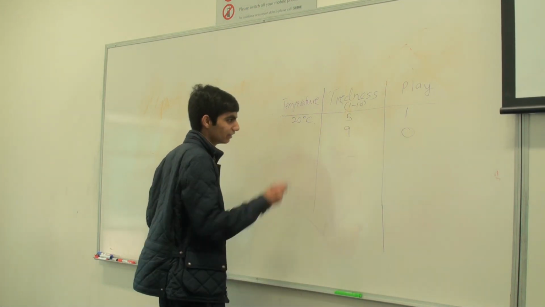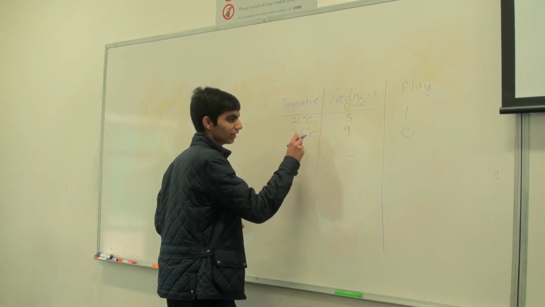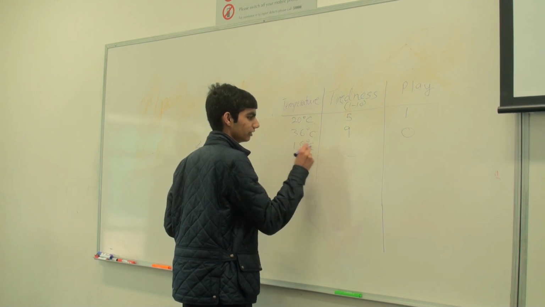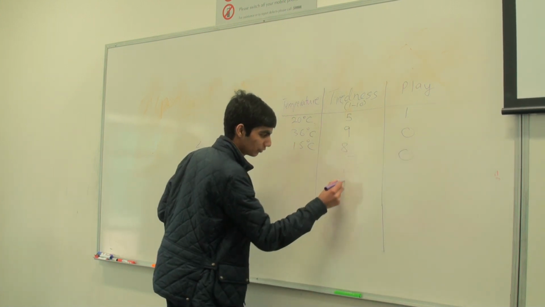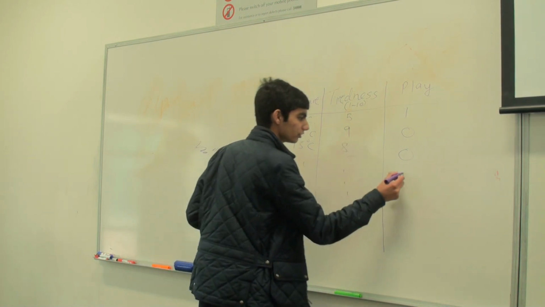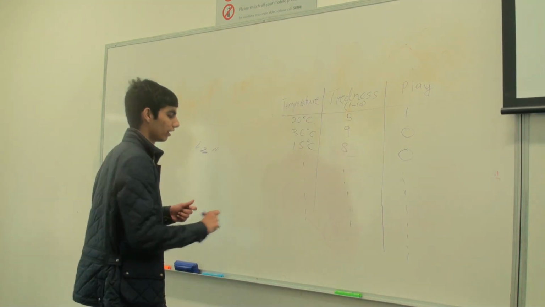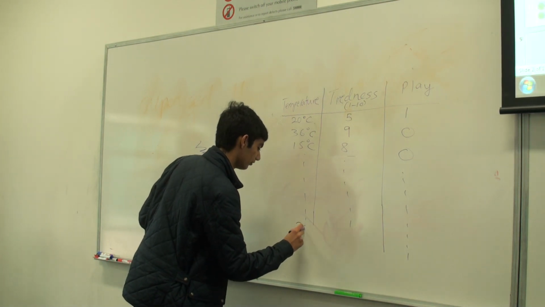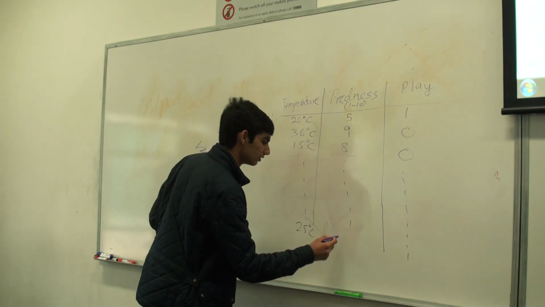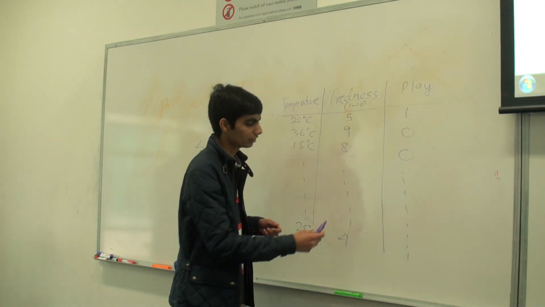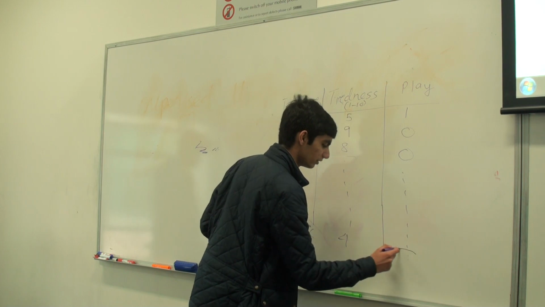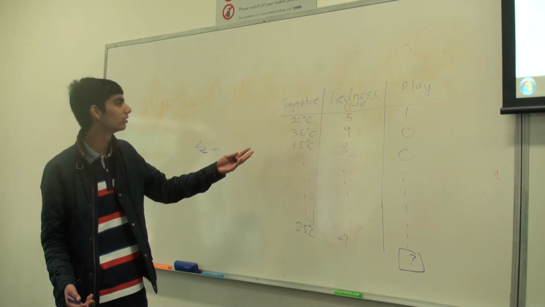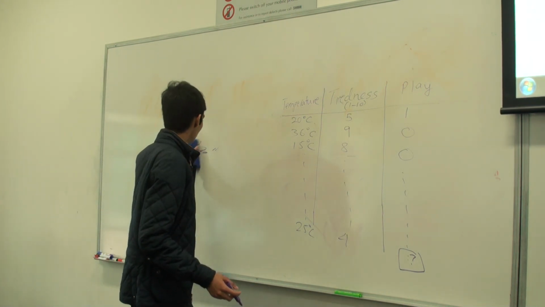If tiredness is 9 and it's too hot, then we don't play. And we continue doing that. So say 15 degrees Celsius, 8, then we don't. And we keep adding those data points. So now you can use regression on this. So let's say we want to know, temperature is 25 degrees Celsius and tiredness 4, do we play or not? You can use regression to accomplish this, but there's another method which can be more effective, and it's called